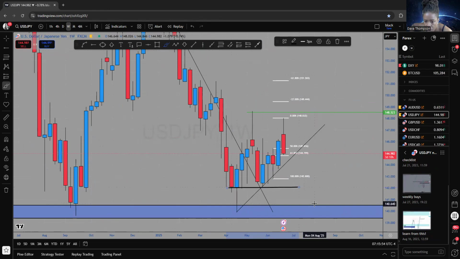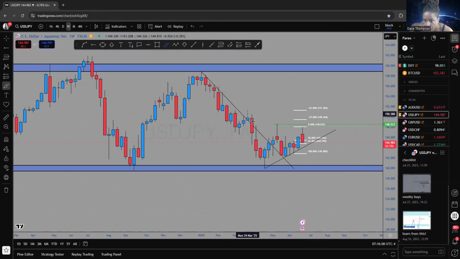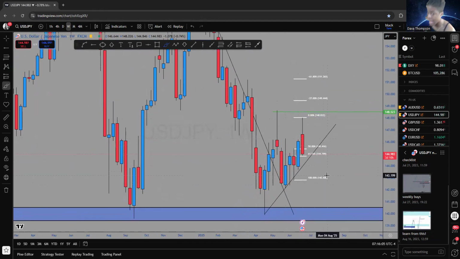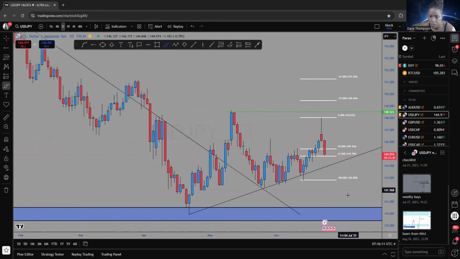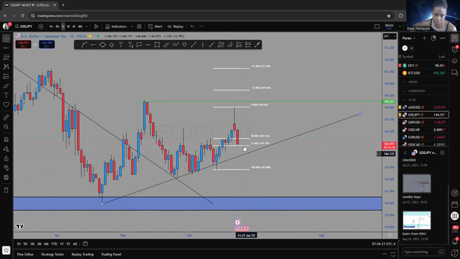Look at this level of support. It's not a double bottom, but it damn near almost is. Not only is it that, but we break out of this trend line, and now we're making higher lows and bullish engulfings on the weekly time frame. Of course I'm gonna be looking out for buys. So if price comes back down here,